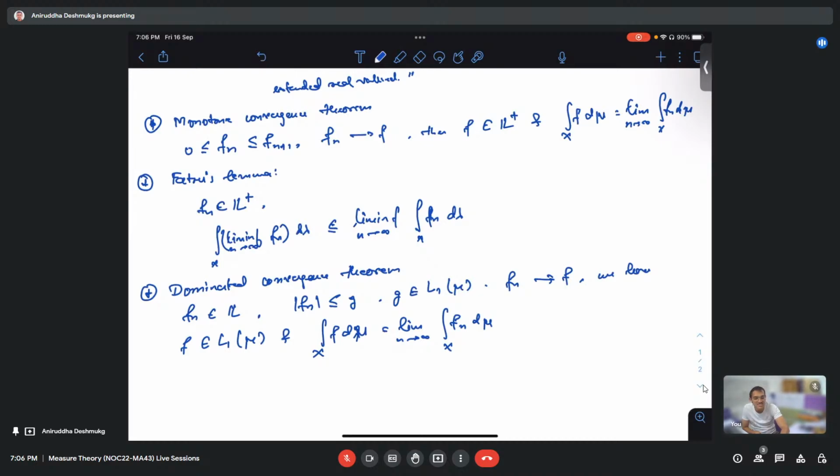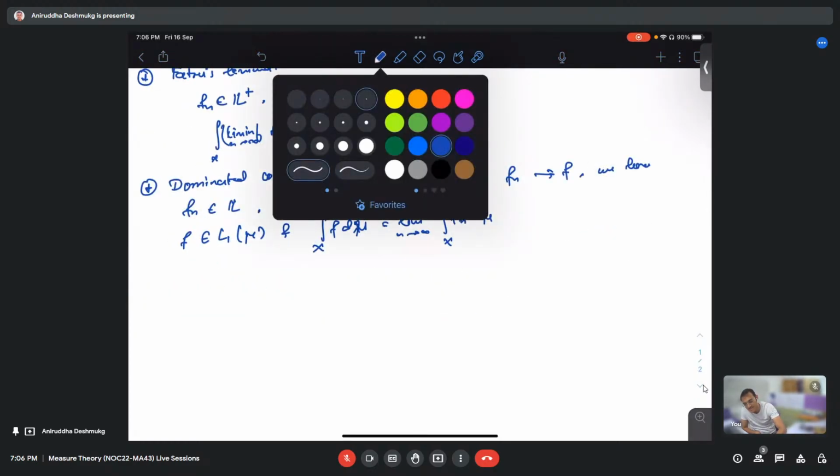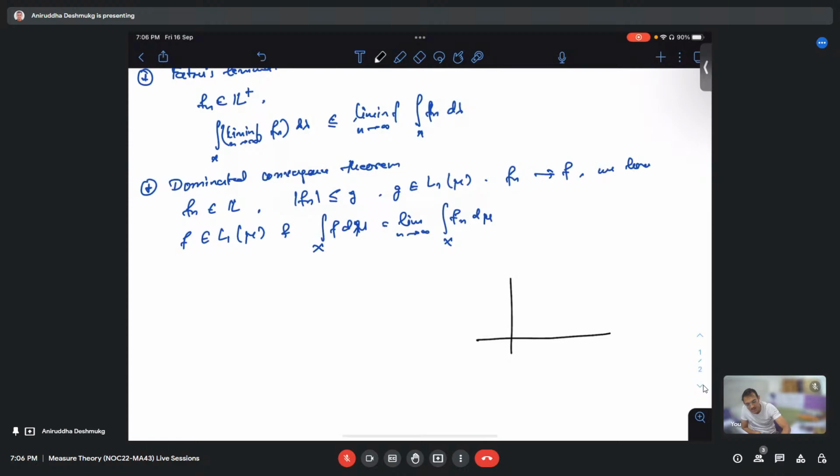For example, the shifting rectangles. The first rectangle is from 0 to 1, the next rectangle is from 1 to 2, and so on. In particular, f_n is chi of (n, n+1), or (n-1, n), whatever. Then f_n converges to 0 pointwise,